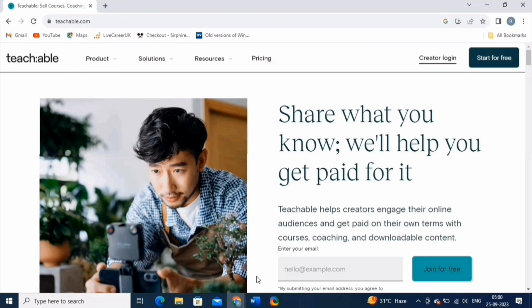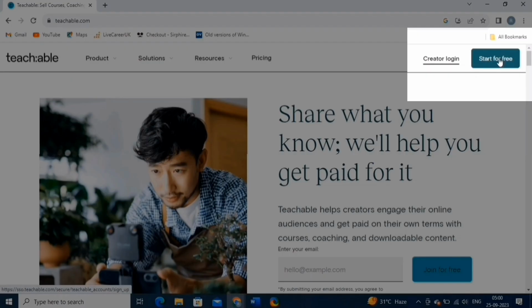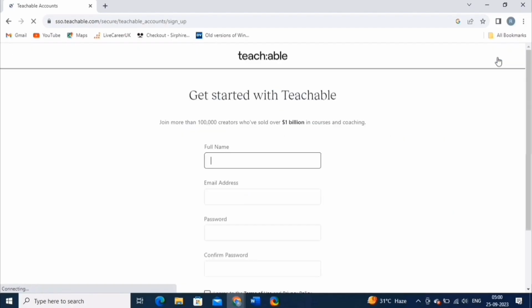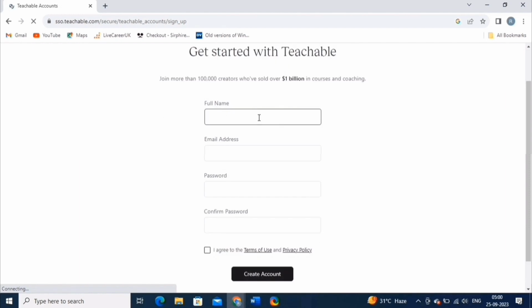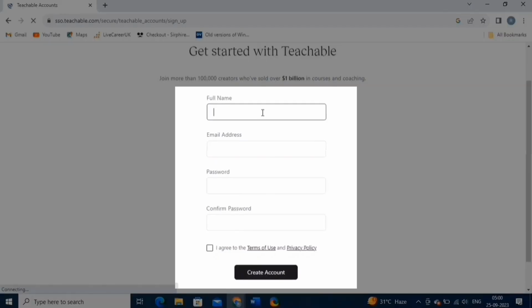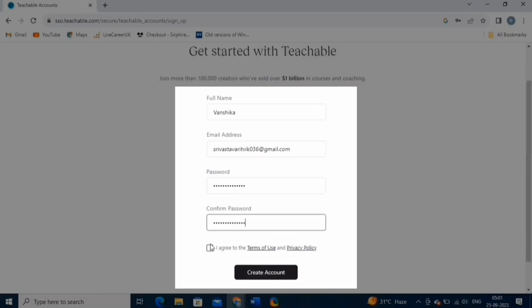Here, let's set up an account on Teachable. Alright, now click on the Start for Free option. It will redirect you to this page. On this page, fill in the name, email, and a strong password, and then check this box, then click on